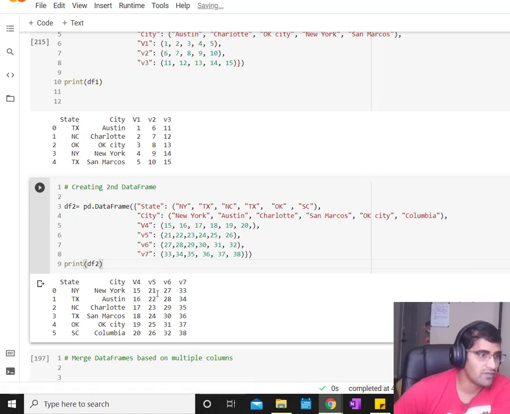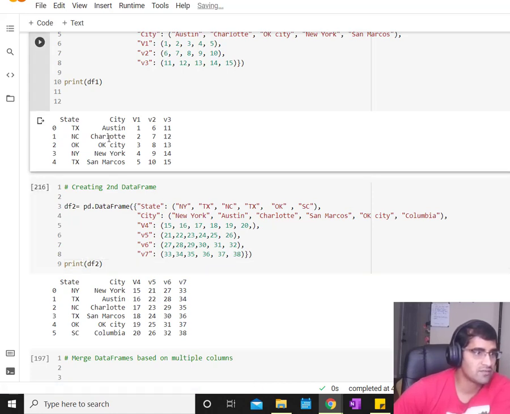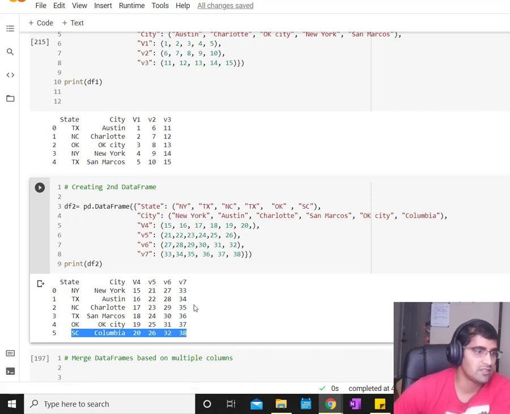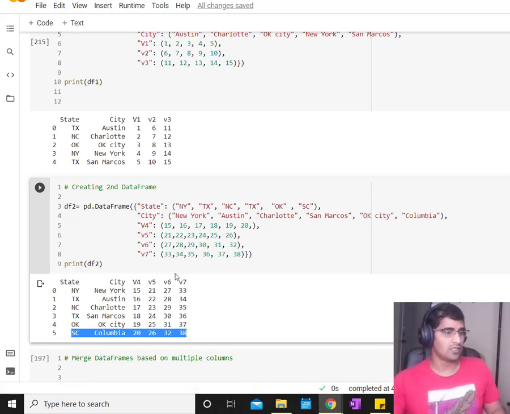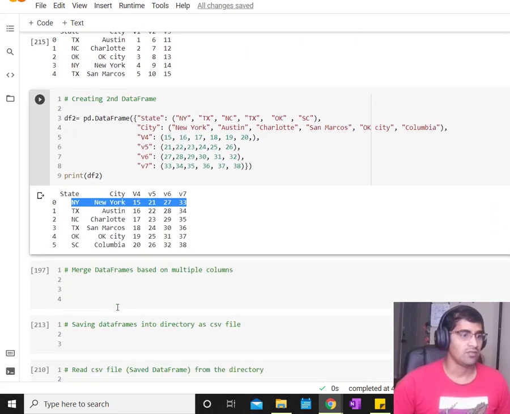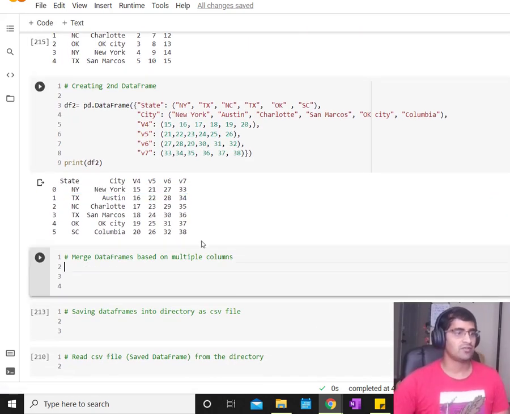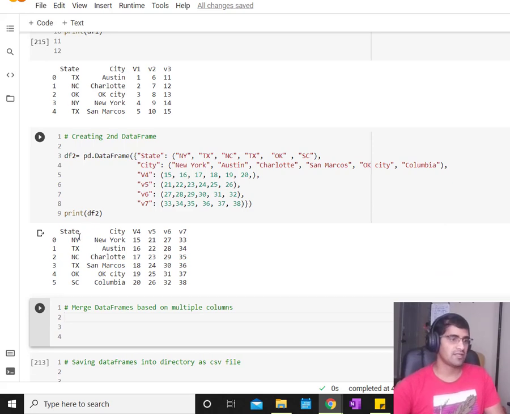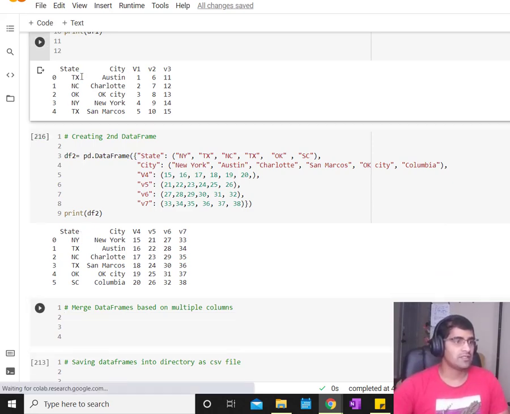Okay, however I would like to merge this first data frame and second data frame. This one will automatically be eliminated. Okay, and also you have here v4, v5, v6, v7, 4 random variables I have put here for different rows. Now if you would like to add them based on multiple columns, so for example I would like to keep only Texas Austin data in this row.